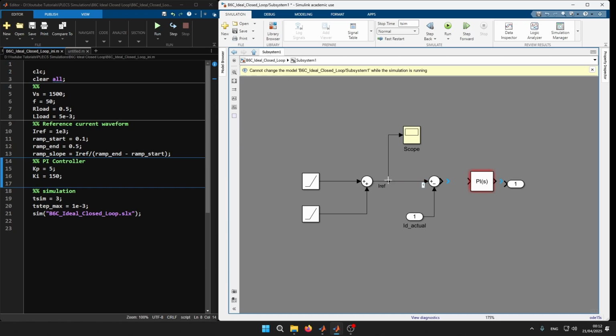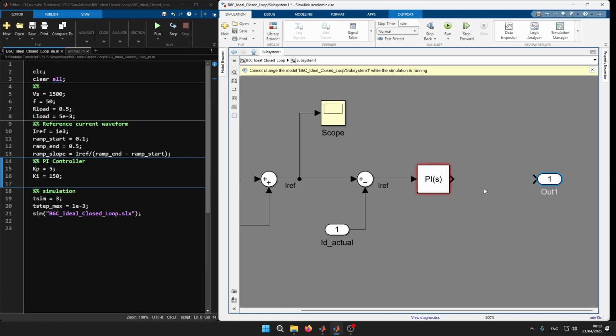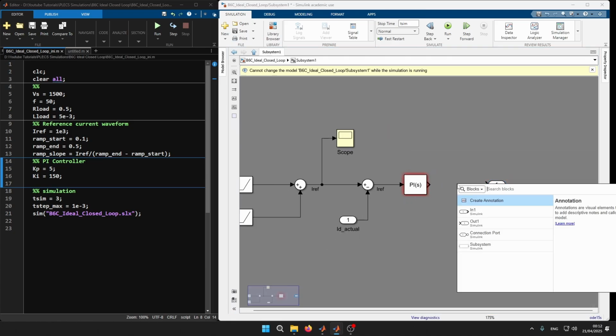Let's connect this one, and the output of that summation block goes to the PI controller, and at the output of the PI controller we add a gain,